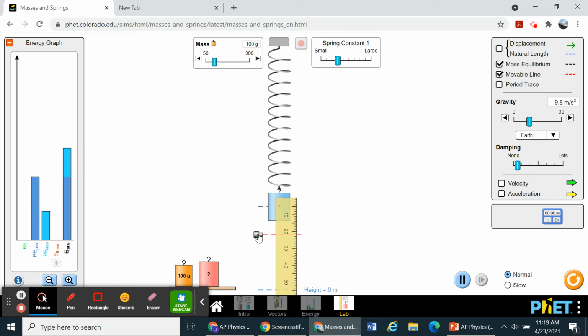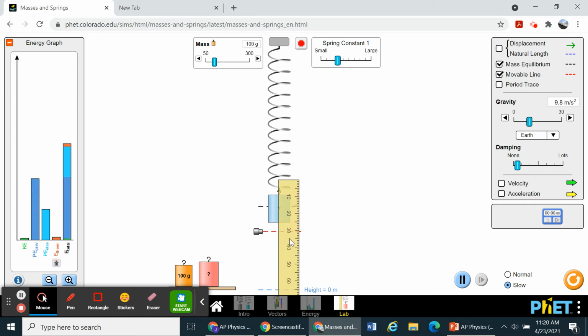If I make my movable line now sit at 20 centimeters and I displace this spring and the block 10 centimeters now to the 20 centimeter line, it basically is just going to move perfectly symmetrically around that line. Notice now, if I move this up,